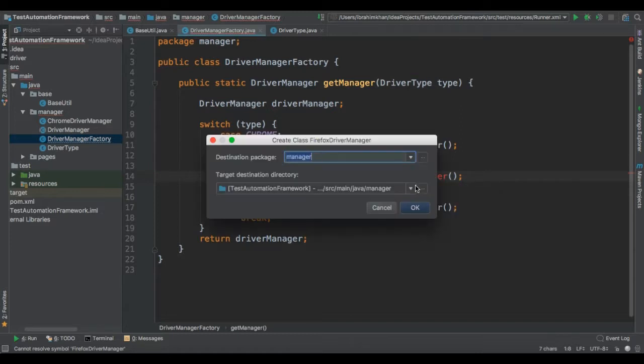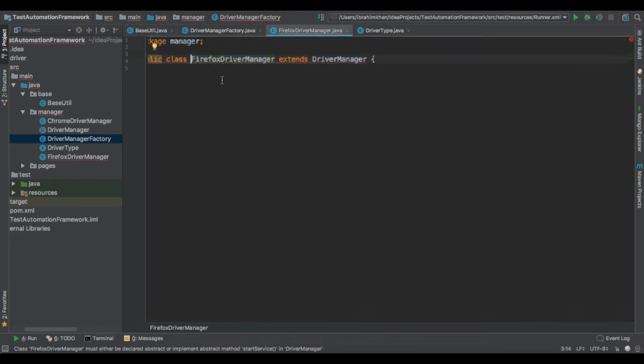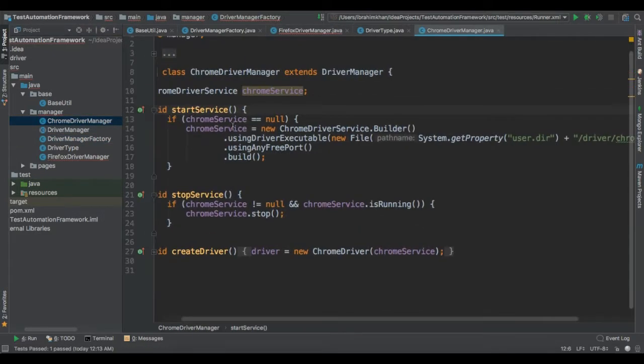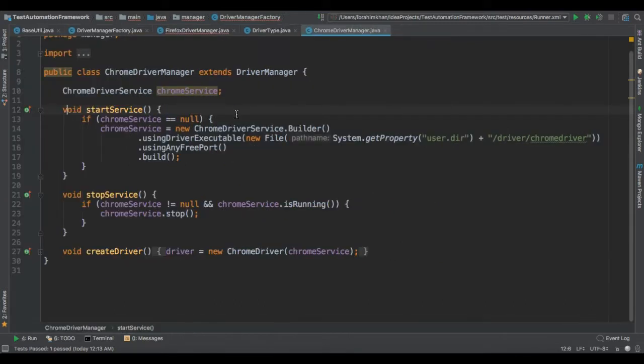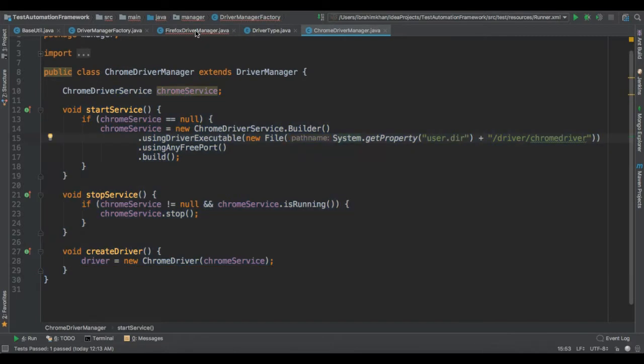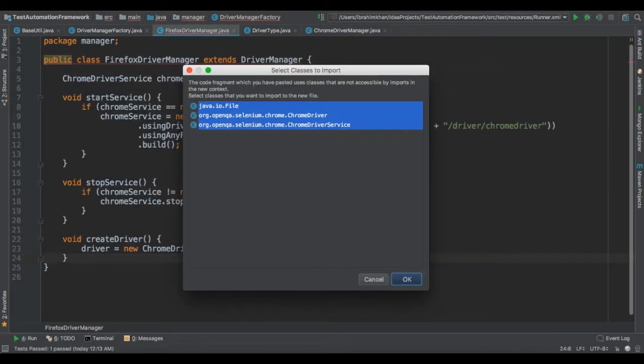So I'll just click on that, and it's automatically going to point me to the current directory and the current package more specifically. So I'll click on OK, and so now we have this class created which extends from driver manager. So let's very briefly look into Chrome driver manager. So this setup was for Chrome, but for Firefox it's pretty similar. We don't have to change a whole lot. So what I'll do is actually I'll copy this whole code and I'll just paste it right in here